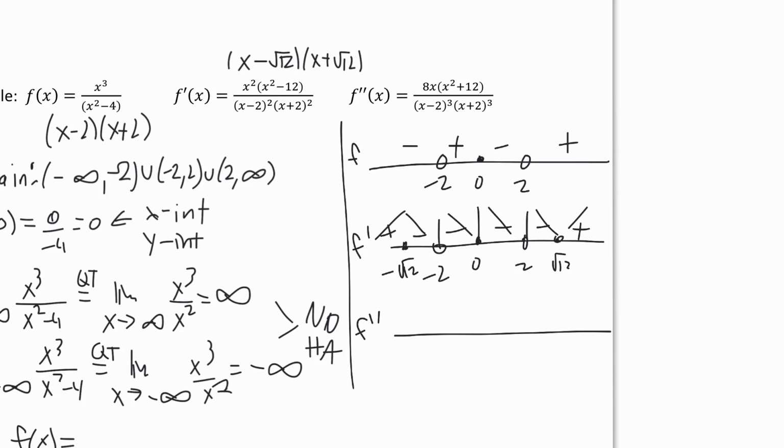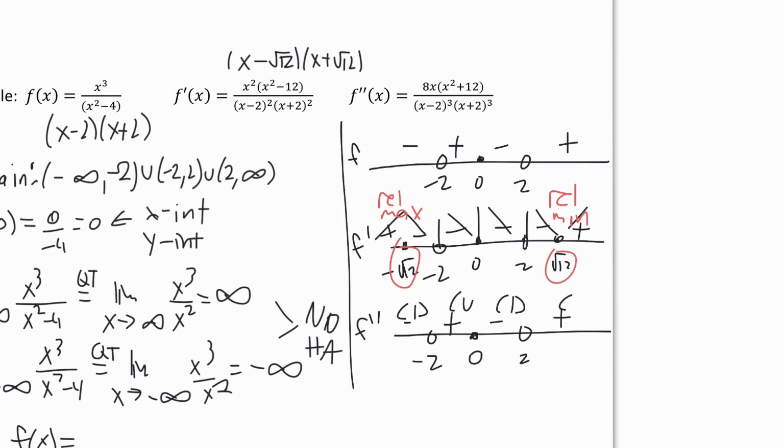So we've got ourselves right here a relative max, and right here a relative min. Let's go for that second derivative. Again, go to 0 at 0, undefined at 2 and negative 2. So we pick a value bigger, say 10, positive, negative, positive, negative. So concave down, concave up,